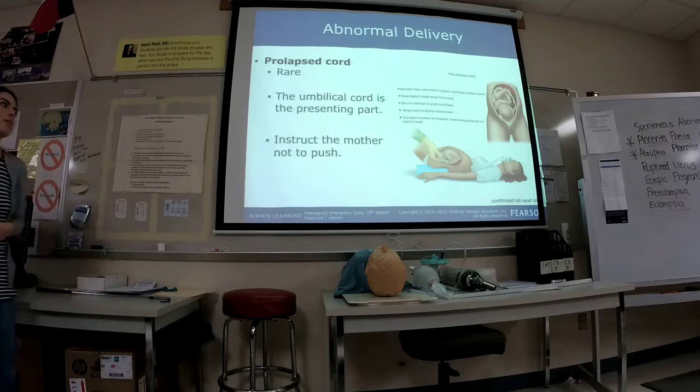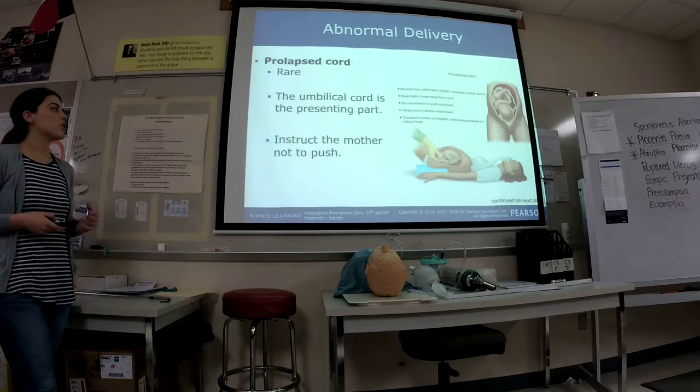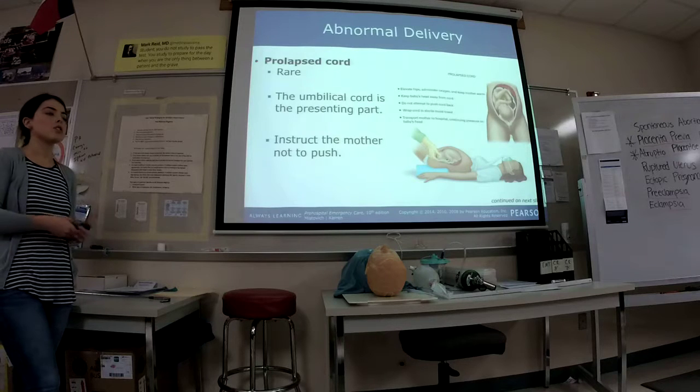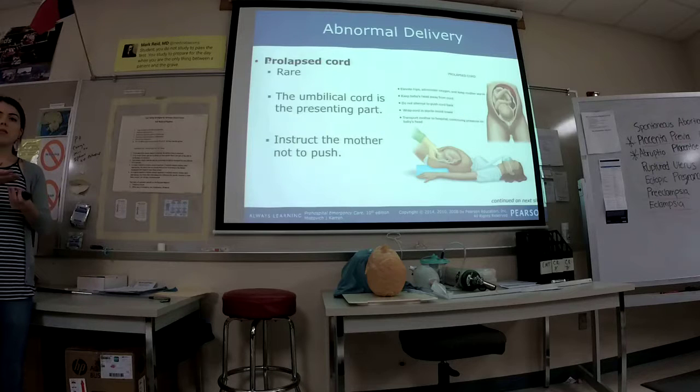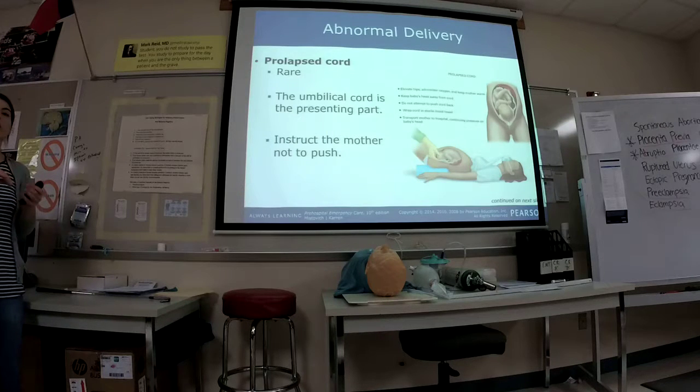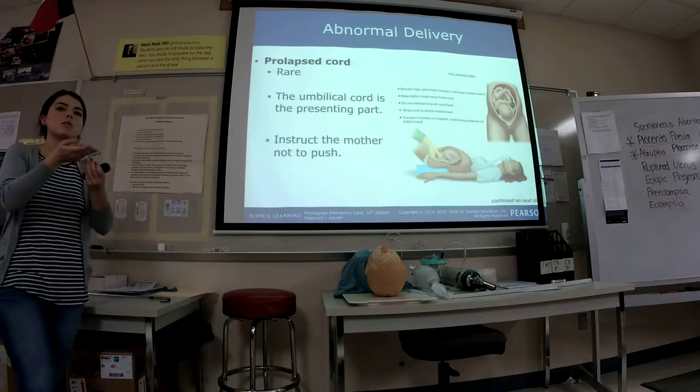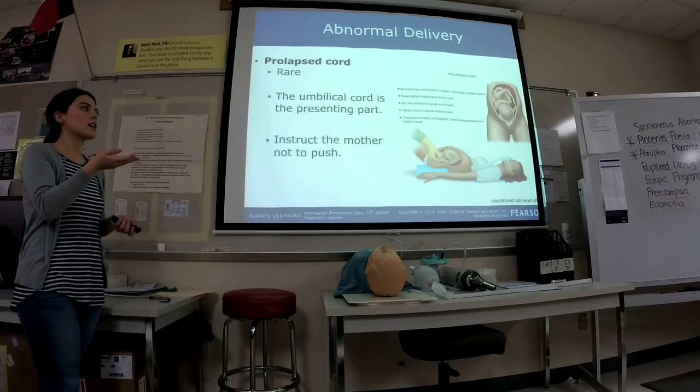Prolapsed cord is whenever we see the umbilical cord presented first. Again, it's rare, but it could happen. What you want to do is instruct the mother to not push. Sometimes you can put your hand in there and try to feel for the umbilical cord. If you relieve pressure on the umbilical cord, sometimes you can feel a pulse. And so that can mean that